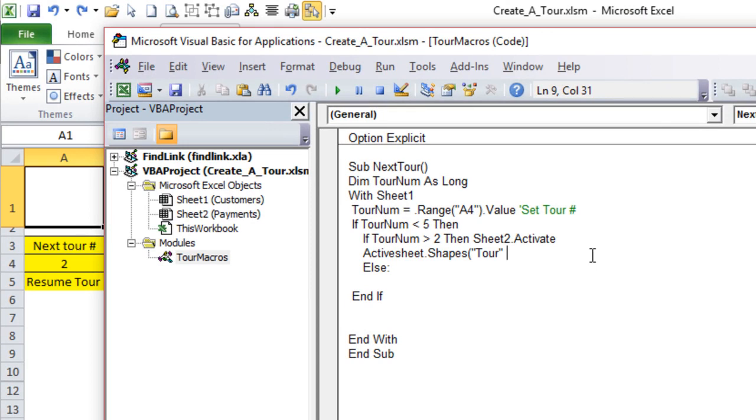tour number. But actually the tour number is going to be the next one, so we're always going to be on the next one. So in this case, tour number minus 1 helps us keep track, because we will have already added 1. We want to make sure that's visible, and that's only if the tour number does not equal